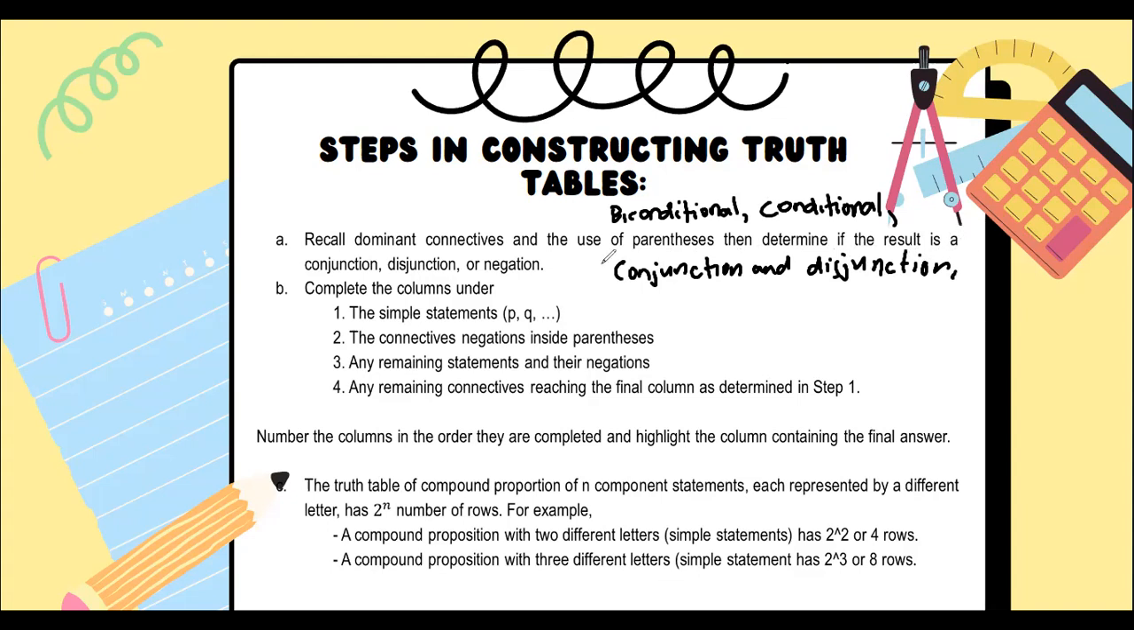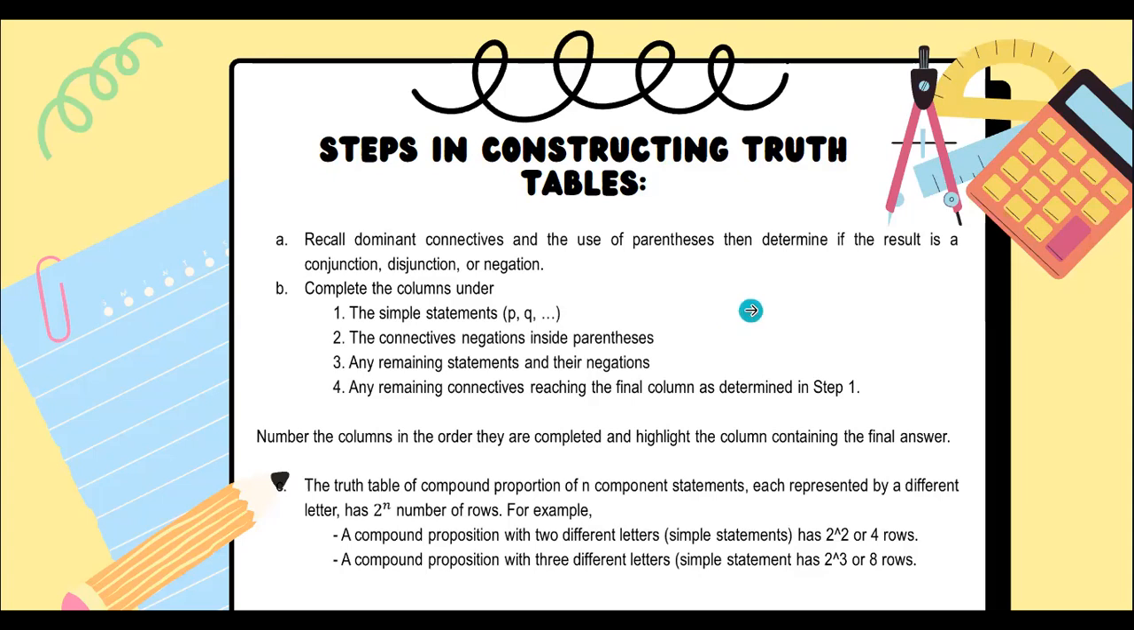Now, yung pinaka-weakest logical connectives natin ay ang negation. Ito yung pinaka-weak na logical connector natin. Okay? So again, strongest is biconditional, followed by conditional. Third, equal si conjunction and disjunction. And last, we have negation. Okay? Now, letter B, complete the columns